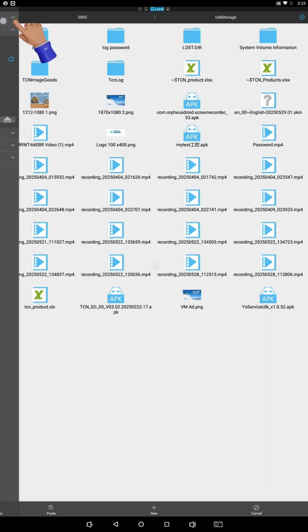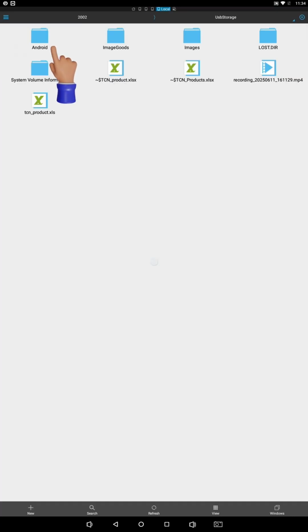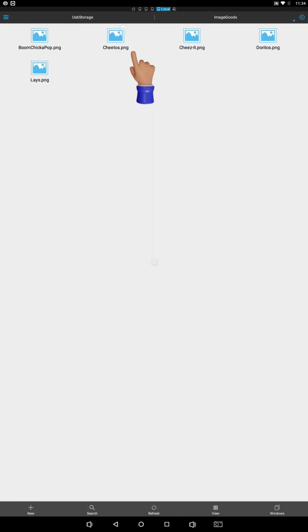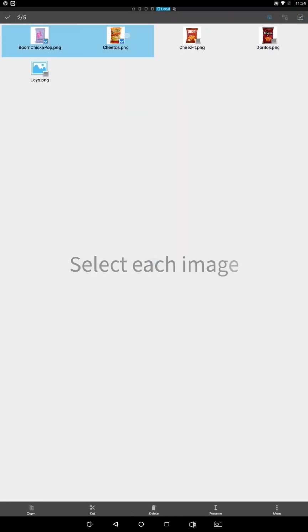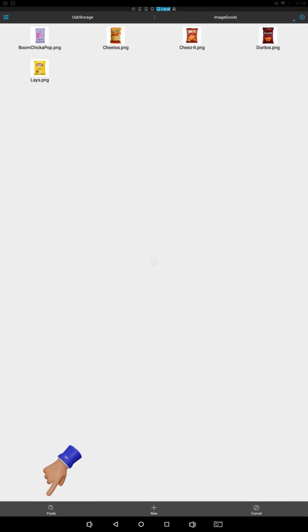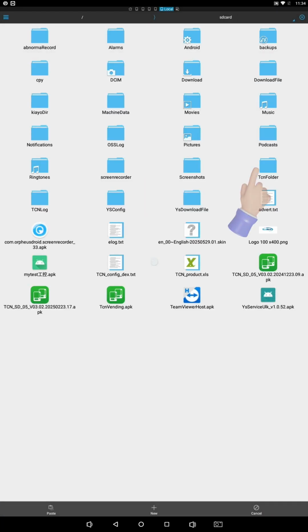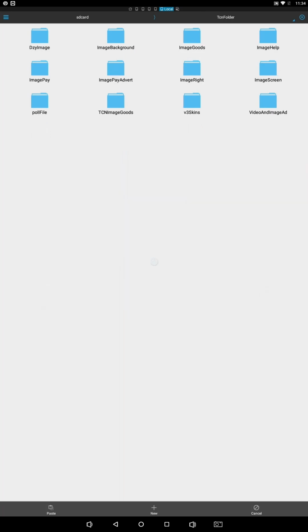Tap Menu, tap USB, tap Image Goods. Copy over the images. Hit Copy, hit Menu, hit Home, hit TCN Folder, Image Goods,